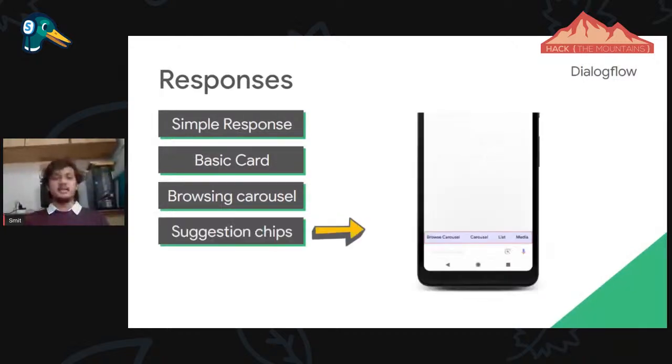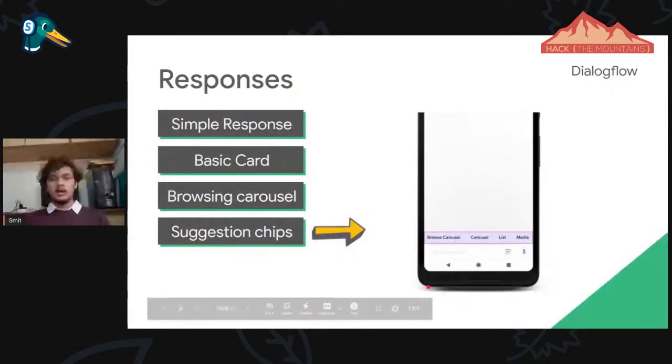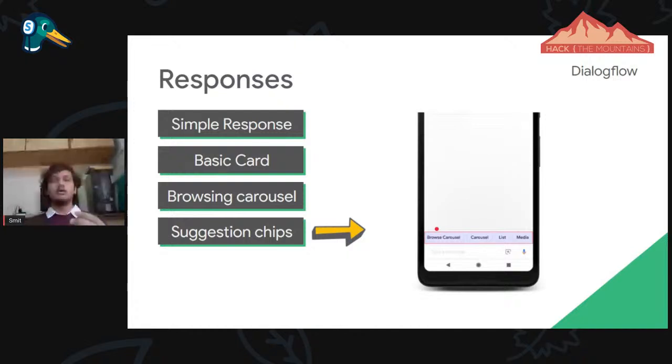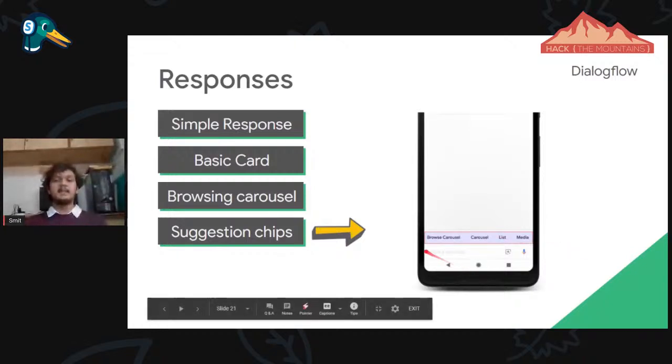And the next is suggestion chips. Similarly, when you invoke a chatbot, it's a good practice that your user won't be distracted or confused about what the next step is. I don't know what to do next with the chatbot. So you can give multiple suggestions, whether you want to explore this section or many sections.